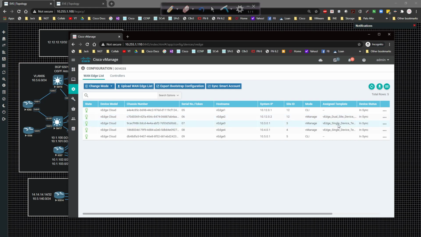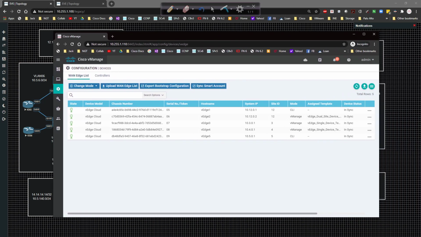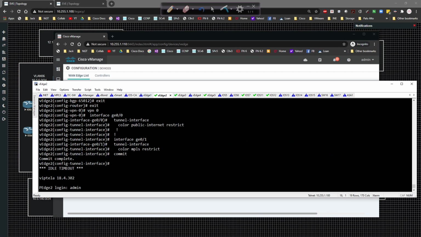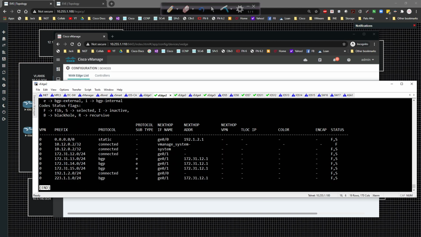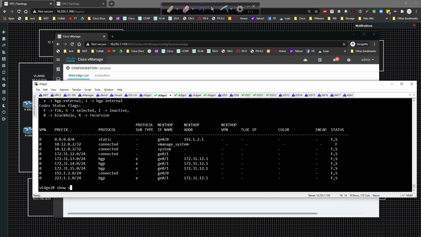So I could come in here and name this single device or single site device, but that's okay. At this point in time, you understand what we're trying to push. And if we look at the command line and we look at vEdge 2, we go ahead and log in, and we look at the show IP route, we should see a BGP peering, which we do. If we do a show, we can see the vManaged device is squared away here, which is what we want to see. If we do a show run,